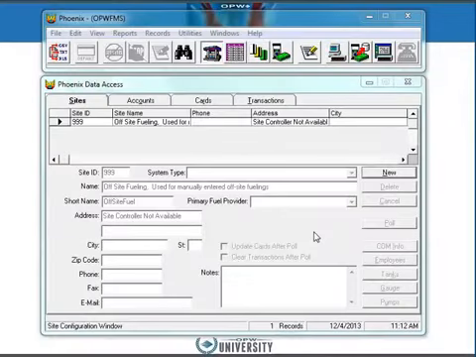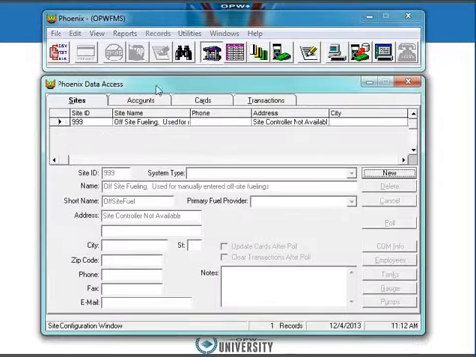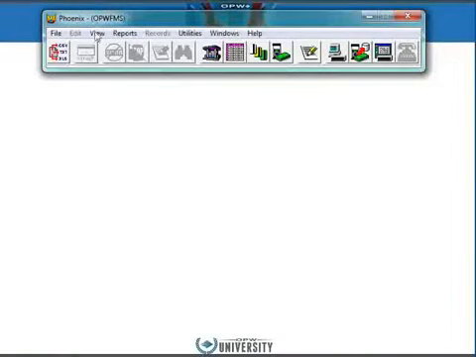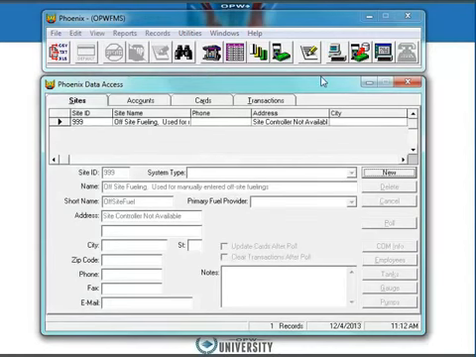Okay, now we're going to add a new site into Phoenix so Phoenix can contact this site. There's a couple ways of getting to this Phoenix data access window, which I already had opened up. I'm going to close this. You have these icons up here. There's site information. If I click on that, that brings up the data access window with my site tab selected. If I close that, I can go to view and go down to sites, and it brings up the same window. Sites. The first thing we want to do is click on new on the right hand side